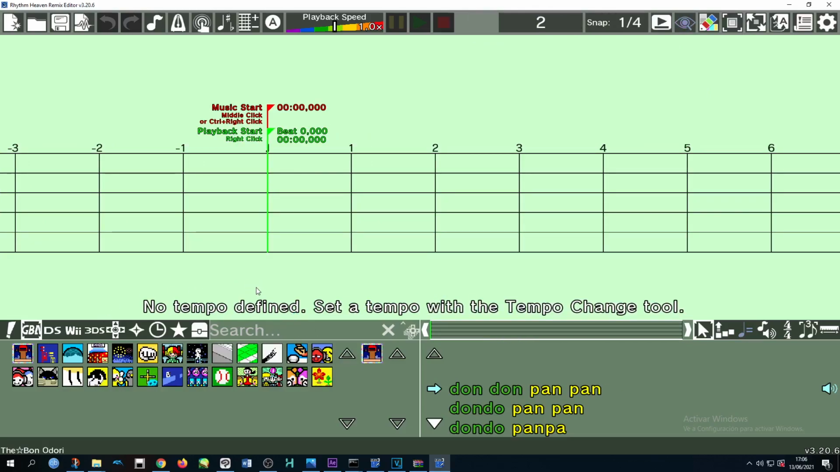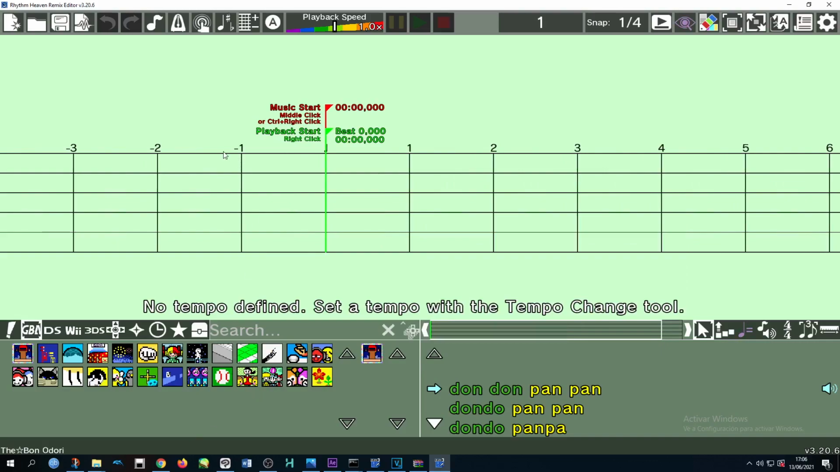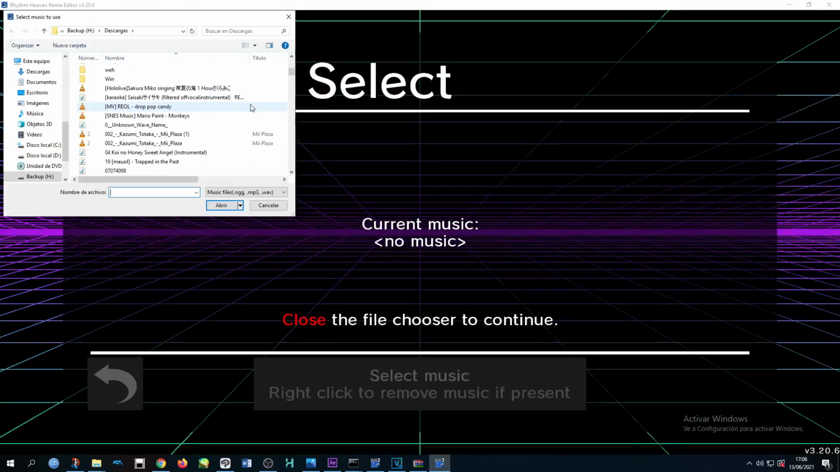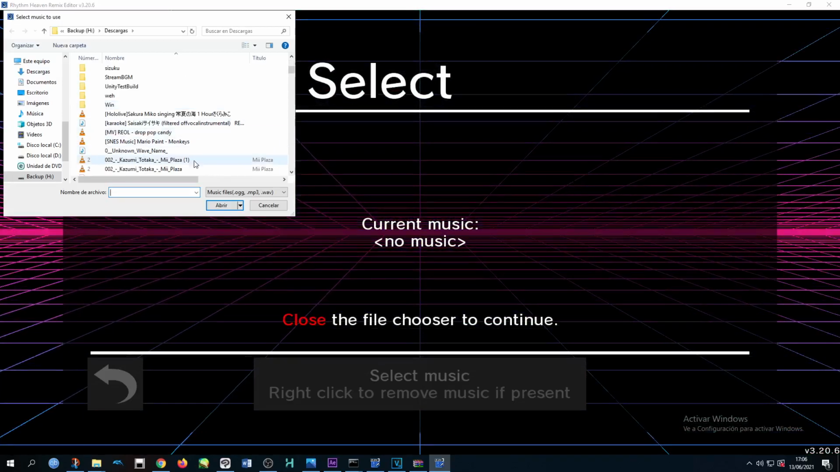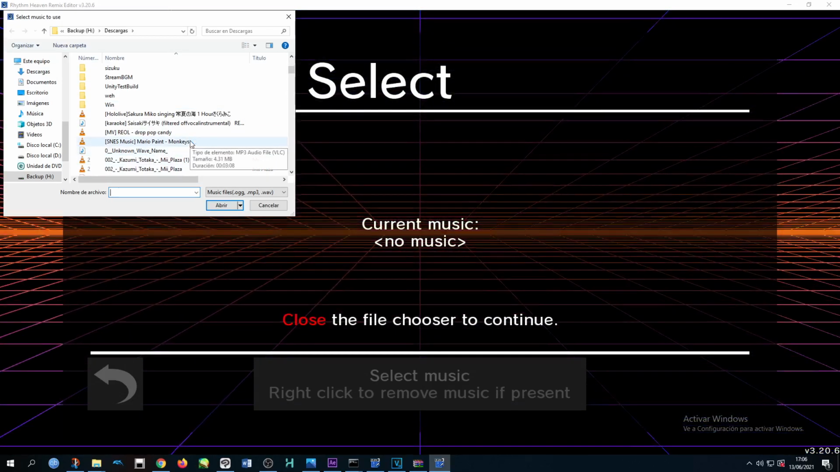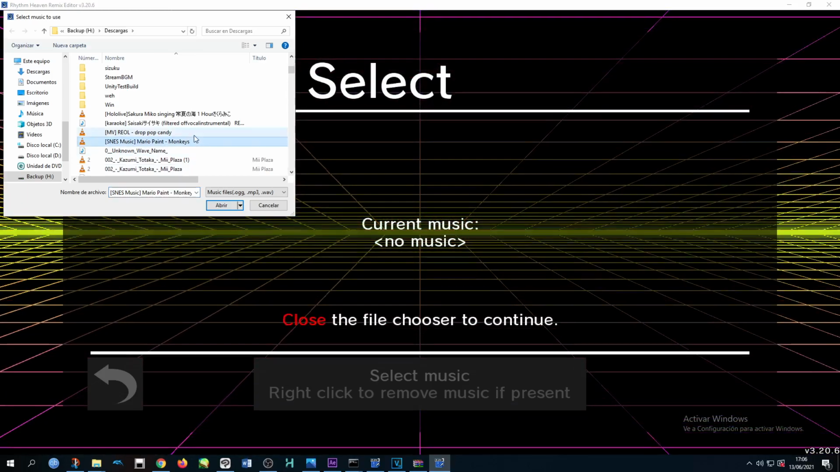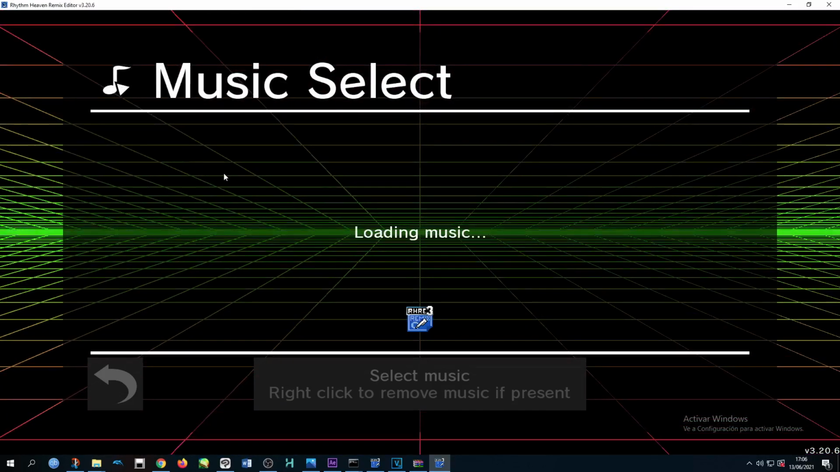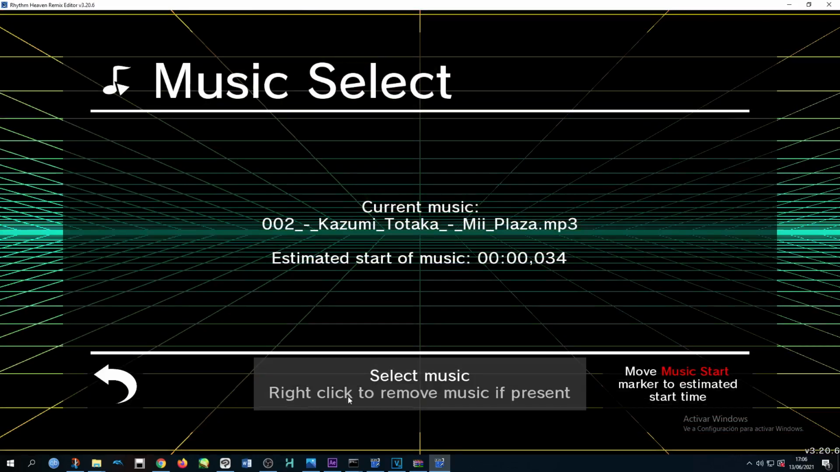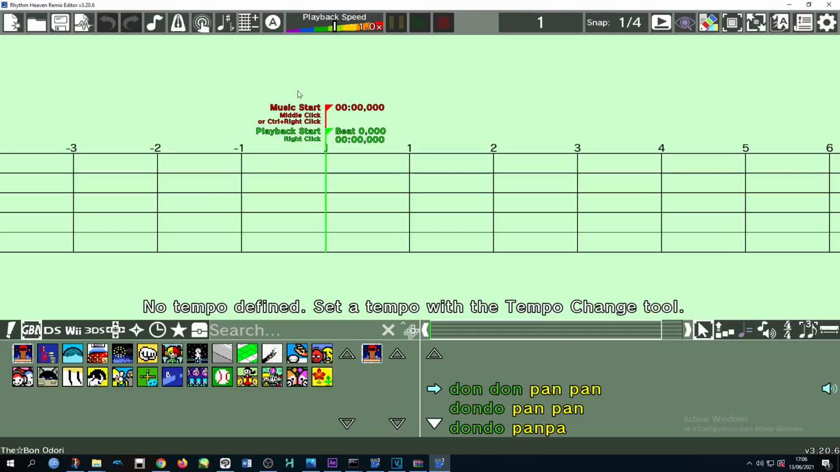So how do you start? You'll see this big message: no tempo defined, set a tempo with the tempo change tool. Every song has a tempo. So first we're going to have to get our song and also get the tempo. Okay, I'll just use Me Plus. I know that one has a consistent tempo, I think. Anyways, to get the tempo,